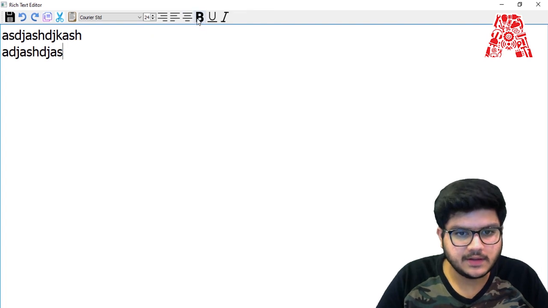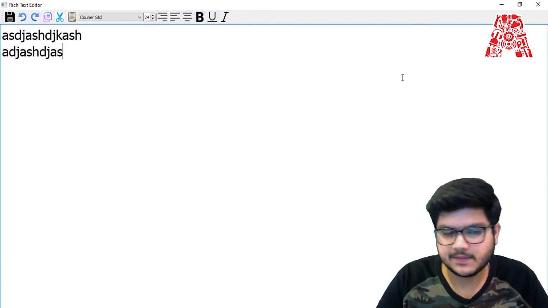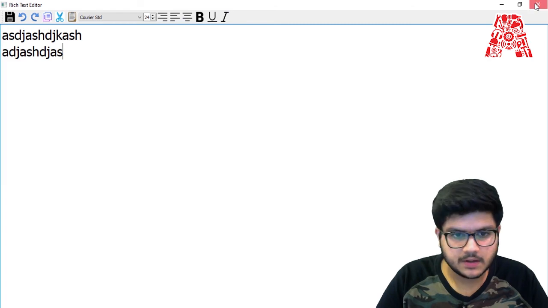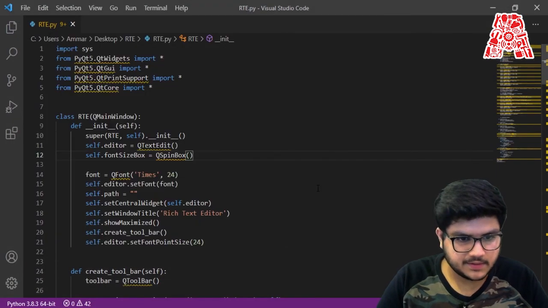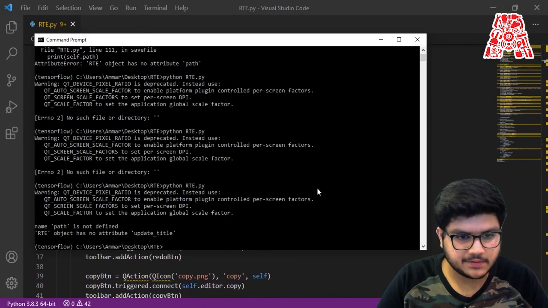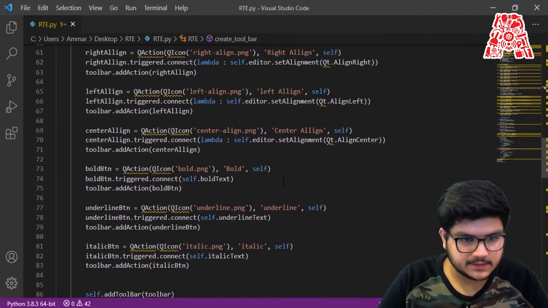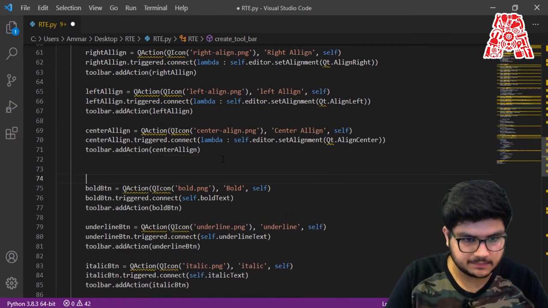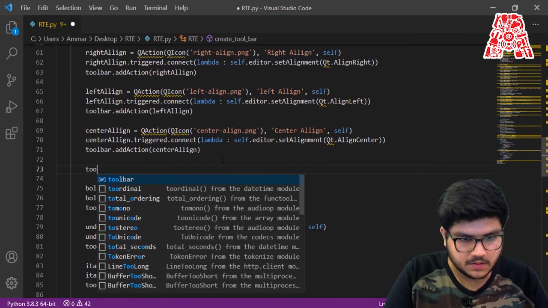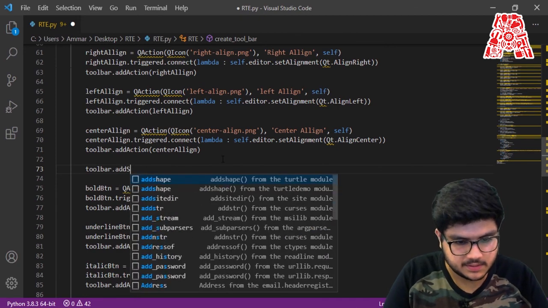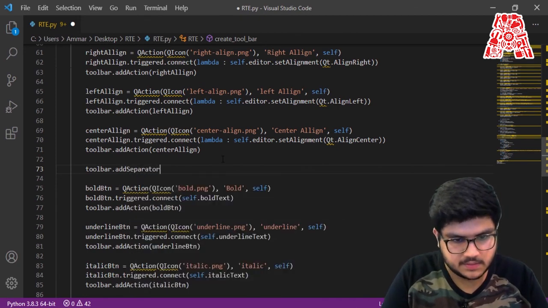And one last thing that you can do to customize this as well, you can add separators in between to make the bold, italic and underline be separated from the others. The way you can do that is you can say toolbar dot add separator. So over here, where we had this align, after this we can say toolbar dot add separator